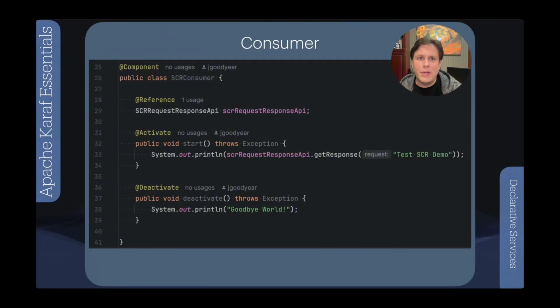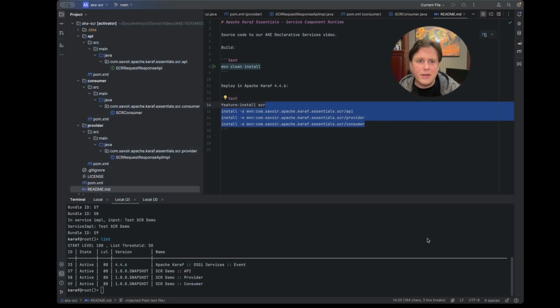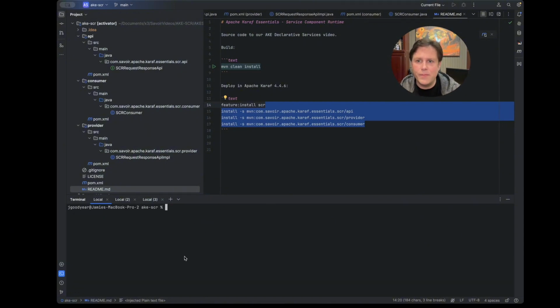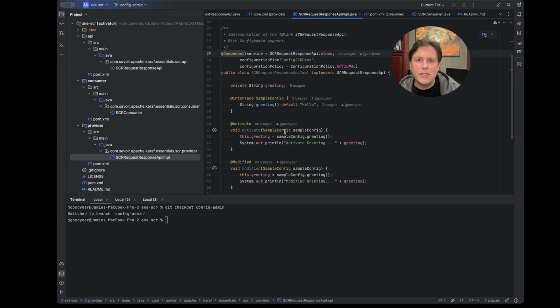Now, next thing we may be asking ourselves is, well, that's great, but what about config-min? We've done that for all of our other samples. How are we going to do that moving forward? Well, we've thought about that here, and what I want to show you is how we can get config-min. We've already built a branch with config-min information added in. You see, as soon as I checked it out, we got a brand new README file. All we had to do was add a couple of additional